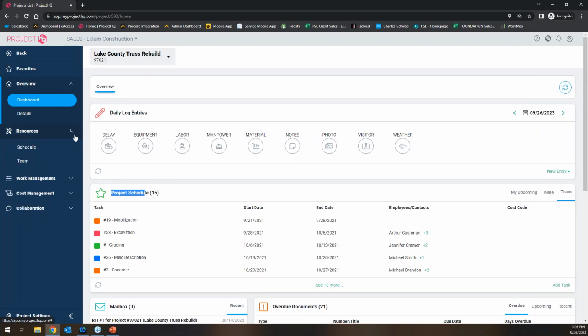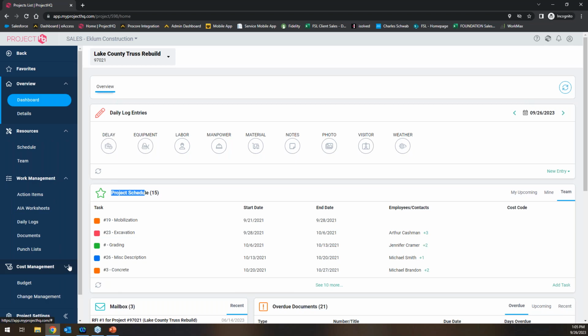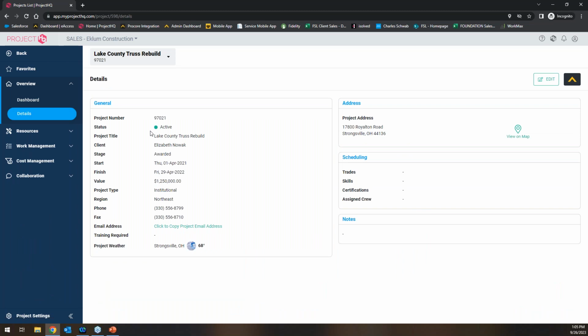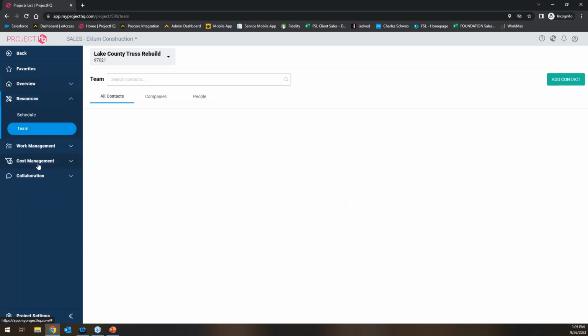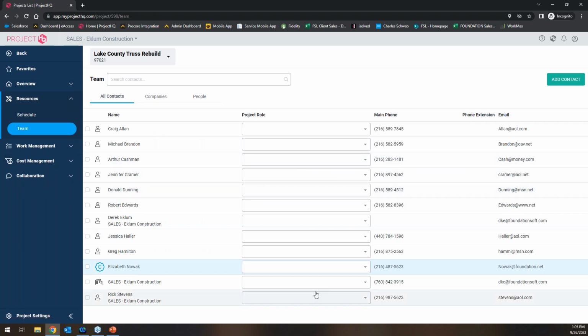And then down the left-hand side, I'll go through all these features, but if I expand the menu, you can see what you're getting into here. So details, these would be all the typical types of information that would pull in from your Foundation database. Resources, I'm going to circle back around to schedule. That's the Crew HQ piece, but team, these would just be all the different contacts that you're dealing with on the project. Work management, this is where you start getting into creating different forms and documents, where you can see